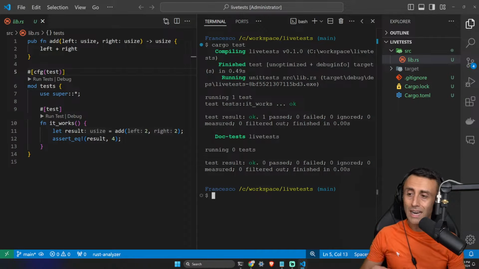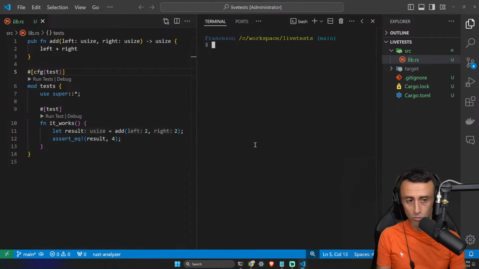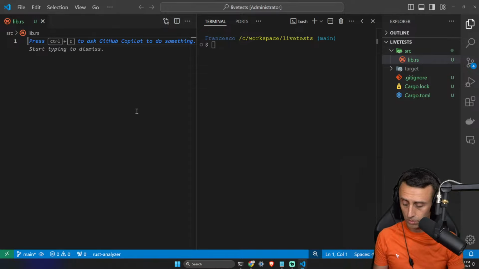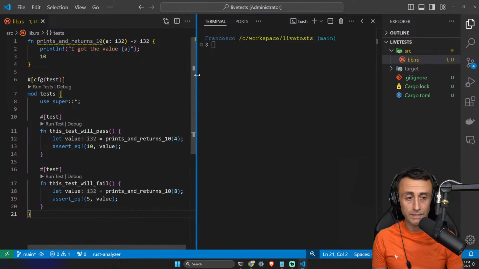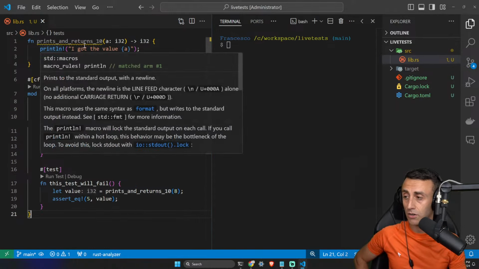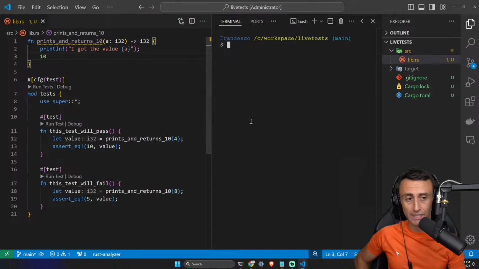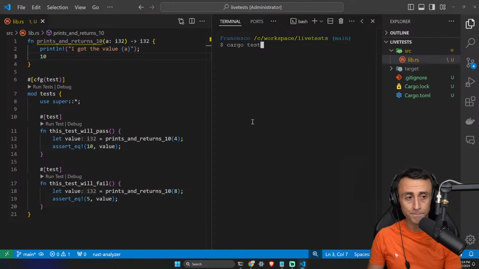Okay, so now let's try something different. I want to remove the code here and replace it with different code. We have this function that prints and returns 10, no matter what. Then we have a value here, and we are running two tests. So here, if I type cargo test,